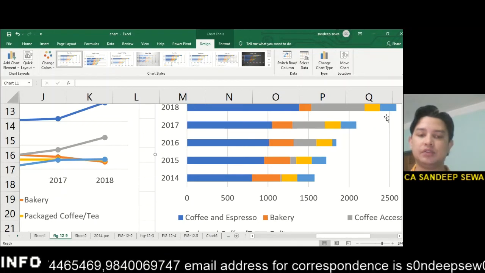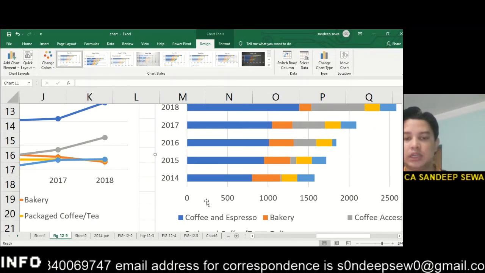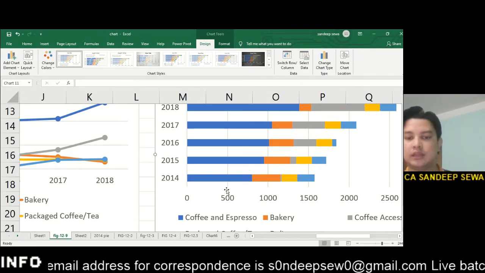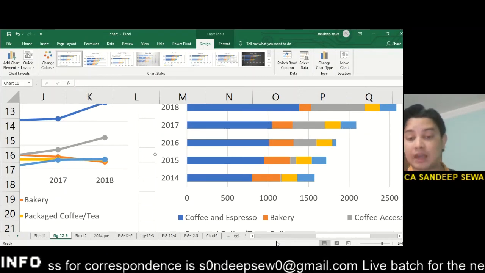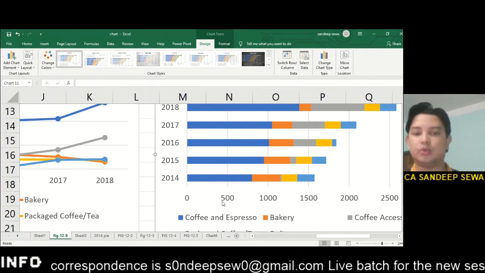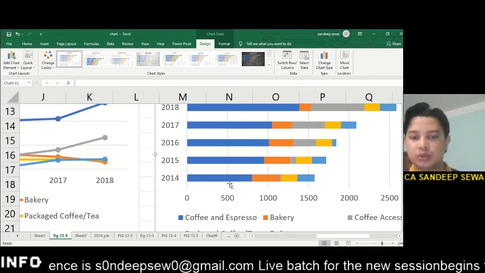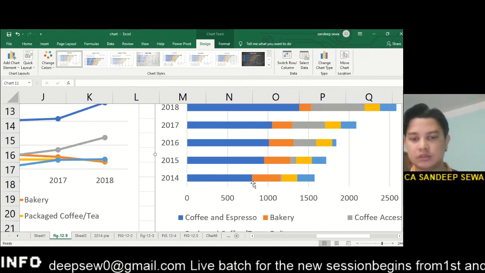My sales revenue of 2014, with the year on the y-axis and revenue on the x-axis, and the legend is my 5 products. So in 2014 the stacked bar will show you like this, up to 516. How much is this?